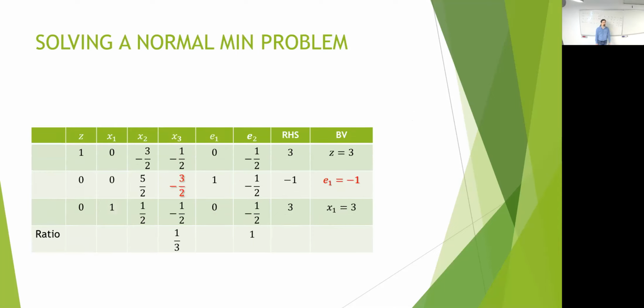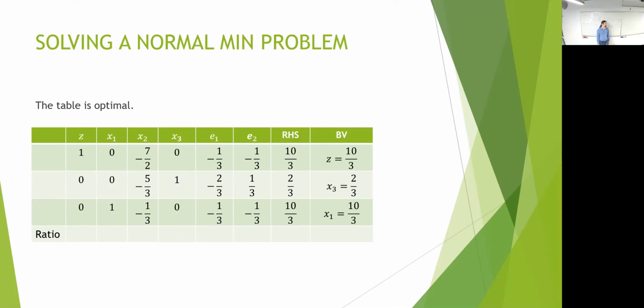x1 enters, e2 leaves. We still have a negative right-hand side value, which is for e1. So we check if we are still optimal, and we are optimal on the objective function row. So we use the dual simplex for the e1 value, enter from the right-hand side, and find the ratios for only the negative coefficients in the constraint, which are minus 3 over 2 and minus 1 over 2. We find that the smallest ratio belongs to x3. So x3 will enter and e1 will leave, which will give us this table, which is the optimal table,